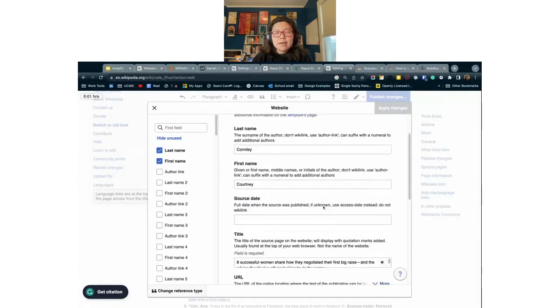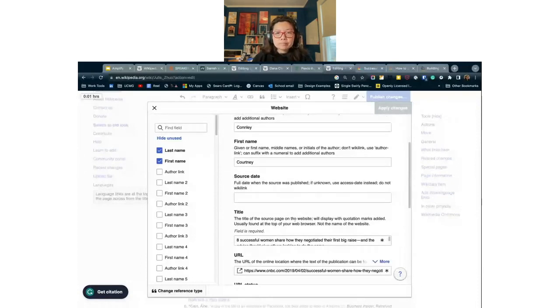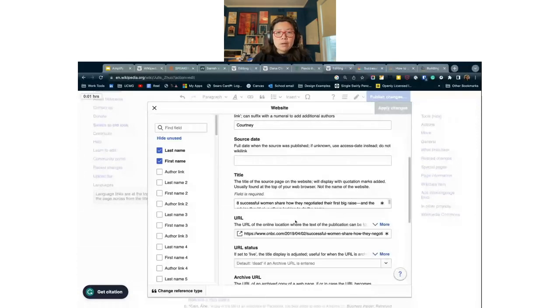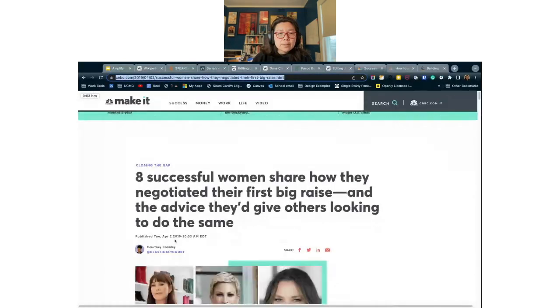Sometimes it will pull something like a Twitter link or an Instagram name, so you just want to make sure that the name is written there. Then, full date when the source was published, if known. It didn't add that here, so we can look and see that it was April 2nd, 2019.